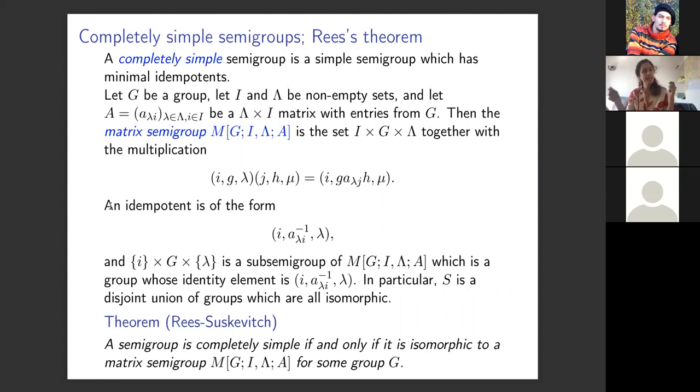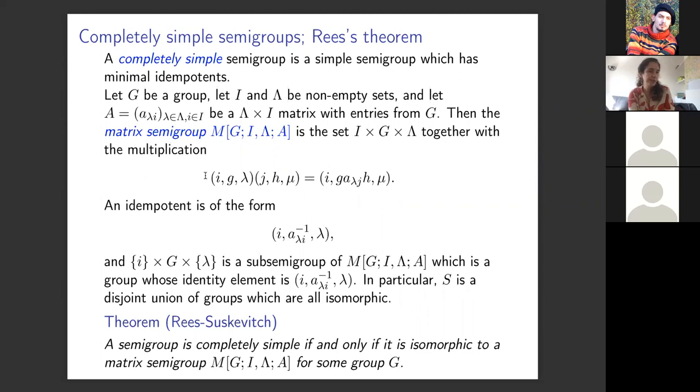If you fix I and lambda and you let G vary, you get one of these groups. And then there's a multiplication operation that you can perform on elements of this matrix semigroup using what's called a sandwich matrix A. It doesn't really matter, I've written it there, but the point is that with this multiplication operation, you can easily find the idempotents. And the idempotents, for each I and each lambda, you get an idempotent where the central group element comes from